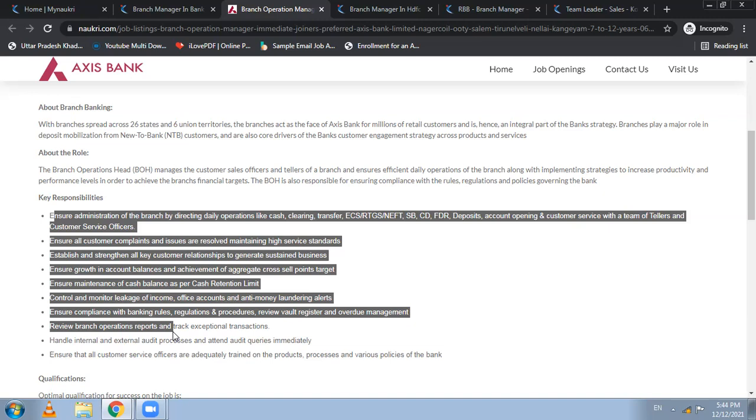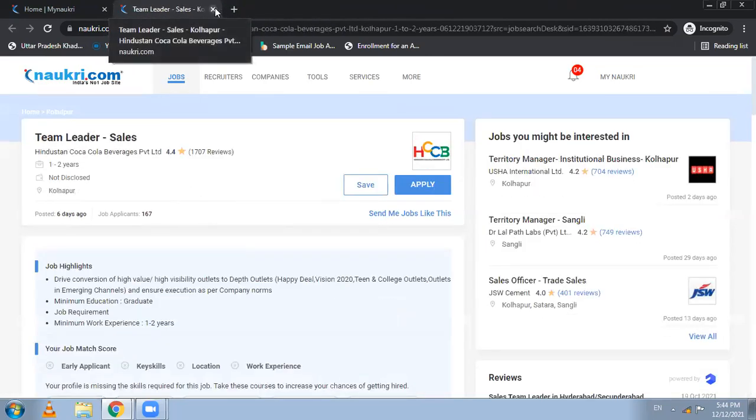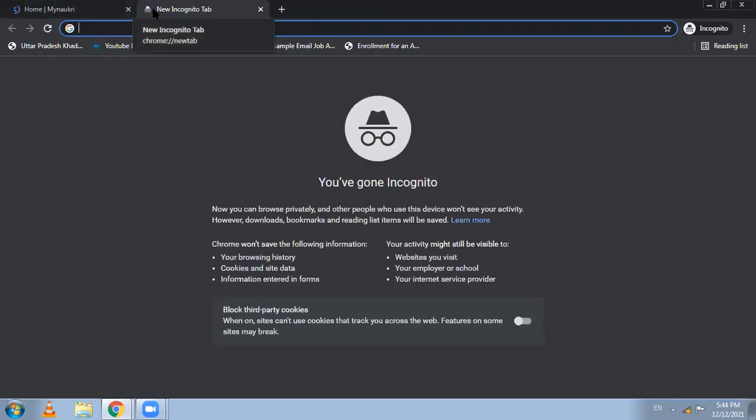Okay, someone asked me a question: sir, what kind of job should I search for and apply for? Someone was from data science, right? Okay, fair enough. I feel good, and I feel proud as well, when you people ask me such questions. These are very relevant questions that you should raise, because it's very obvious.